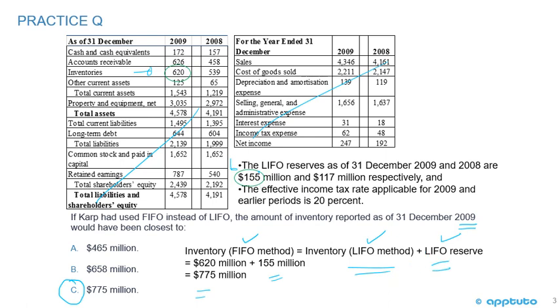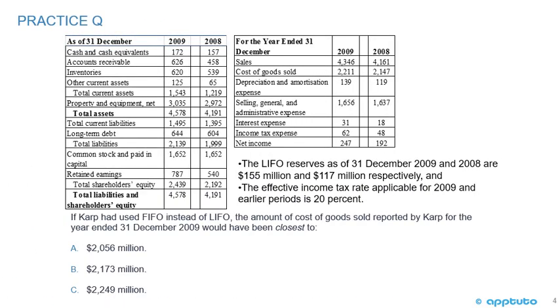The inventory under the FIFO method is the LIFO plus the LIFO reserve. There's the LIFO reserve given in the notes, and there was the inventory. Make sure you pick the right year, 2009. And a fairly easy question to start with. So again, using the same data, I don't need to go through it, but the question is different. If Carp had used FIFO instead of LIFO, the amount of cost of goods sold reported by Carp for the year ended 31st December 2009 would have been closest to A,